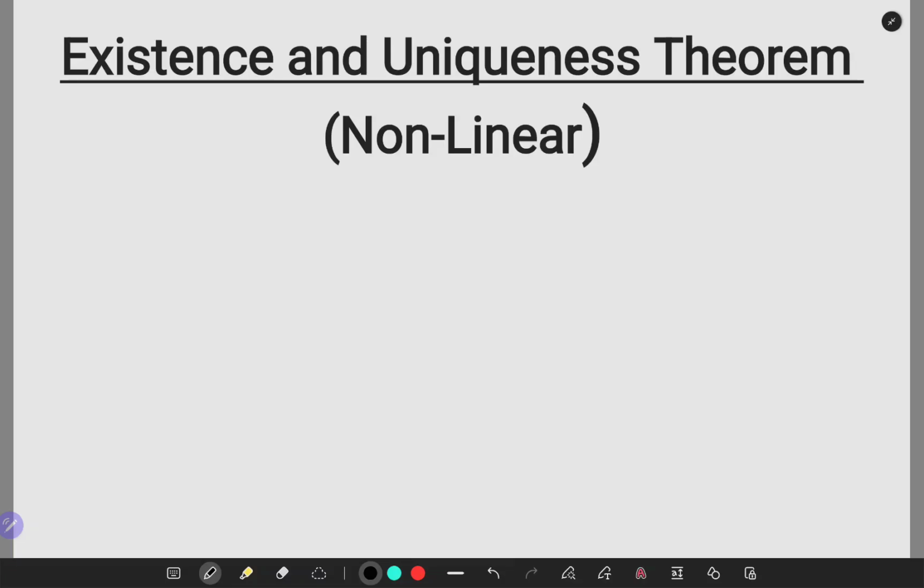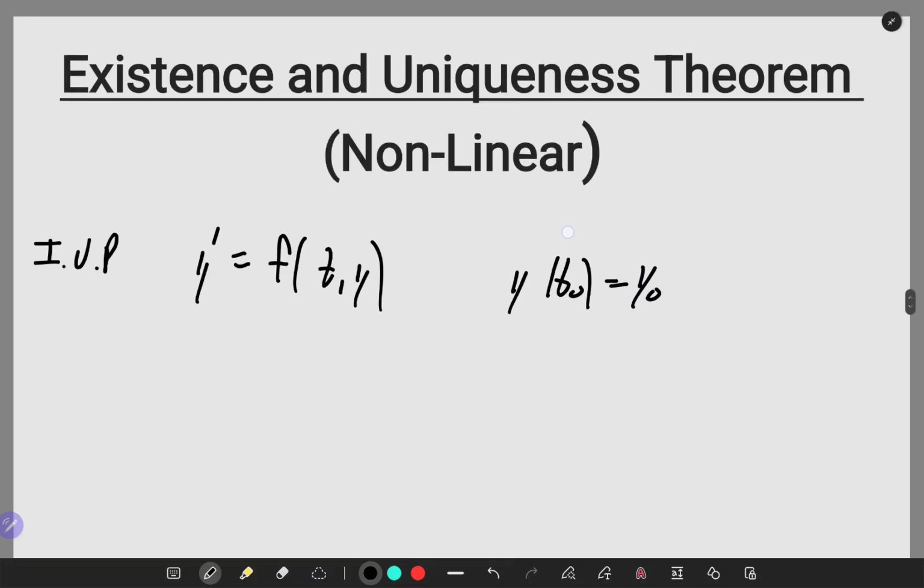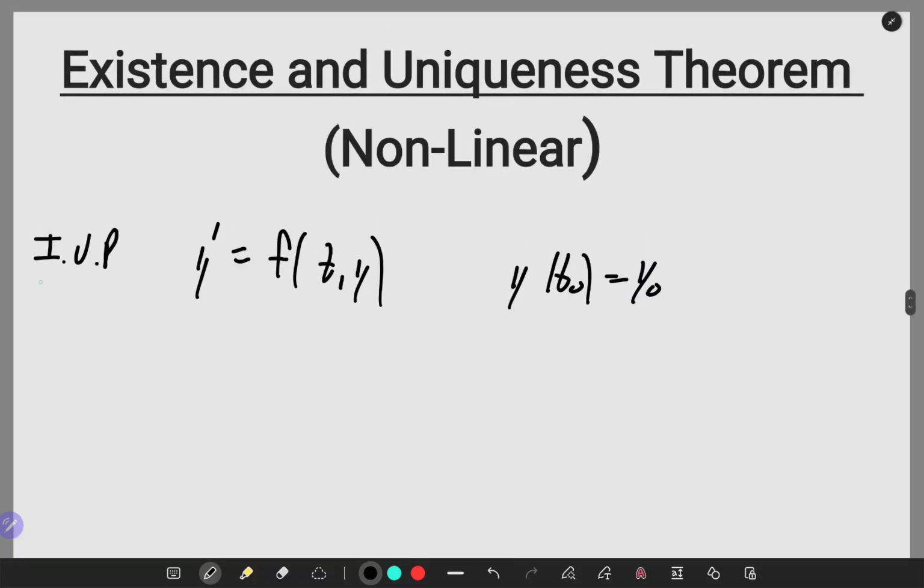So this theorem states if we have an IVP, it'll look something like this. y prime is equal to f of t, y. f is a function of t, y. And then we have y of t naught, our initial condition, equal to y naught. So the theorem